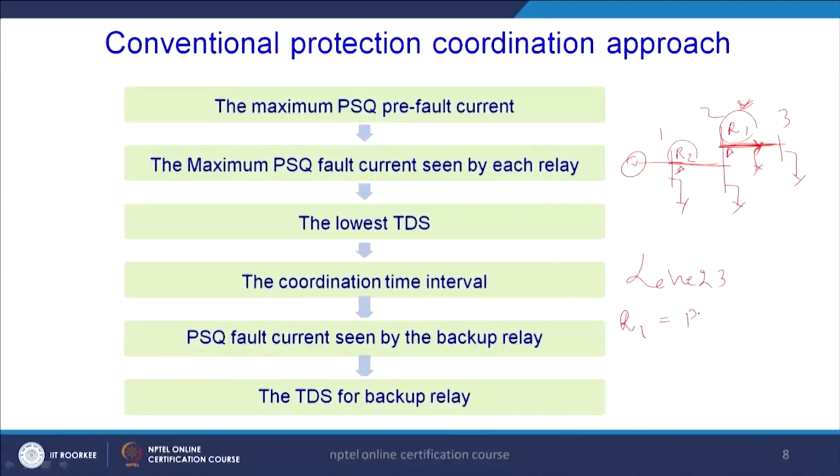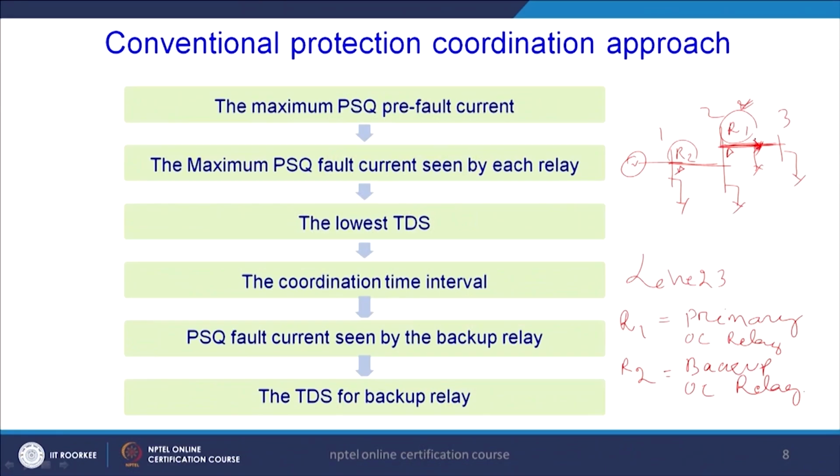So, here I just want to mention R1 is the primary overcurrent relay, and this R2 is the backup overcurrent relay. Now, what is the point? What is this primary and backup? Again we will discuss. Now, as I said, if any fault is incepted in line 2, 3,